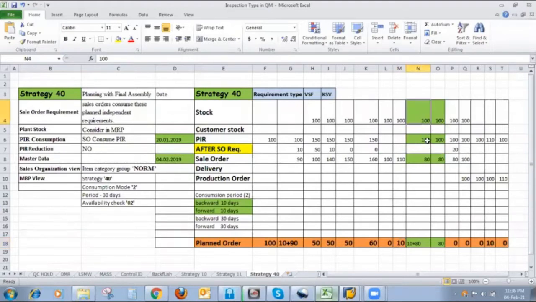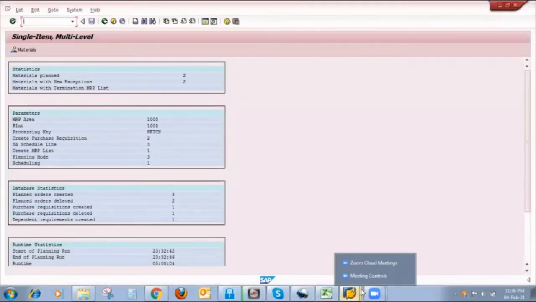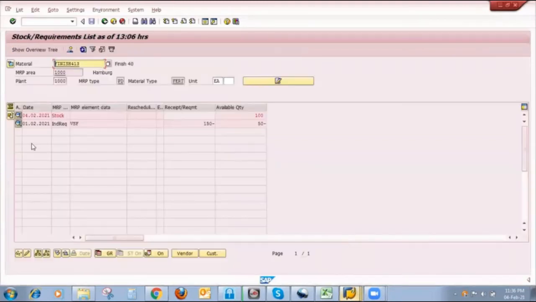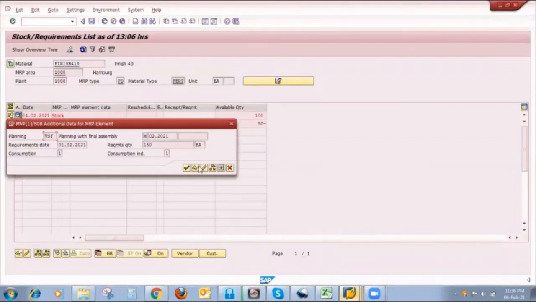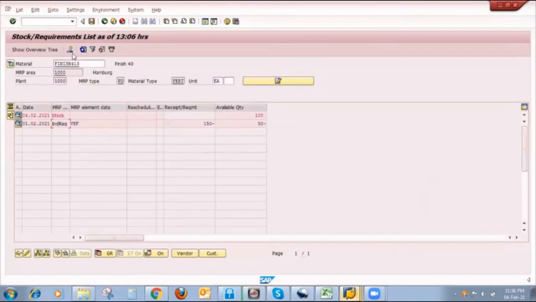If we put demand of 110 quantity and sale order of 80 quantity of different date, in the sense that we put difference between PIR and sale order more than 30 days, because our consumption period is 30 days. So friends, I adjust this demand, I change it from 150 to 110. Okay. Now I create one sale order